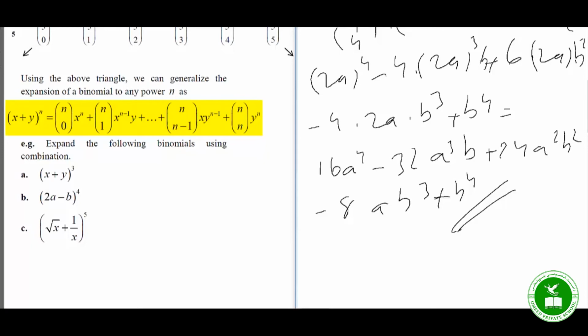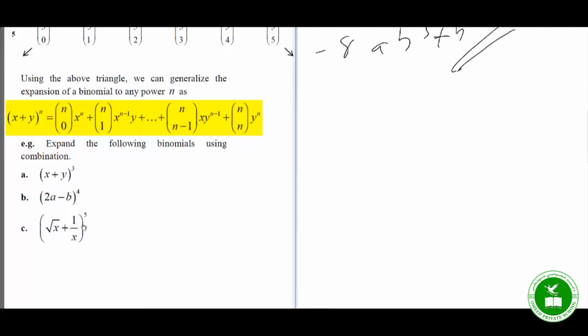Let's solve the third one. The third one, as you see, is square root of x plus 1 over x completely to the power of 5. The question asks us to expand it using binomial, using combination. Square root of x plus 1 over x to the power of 5 is equal to, again we use this formula,